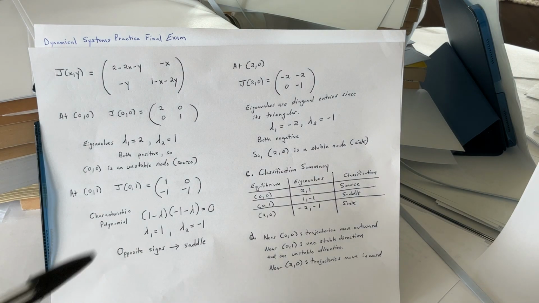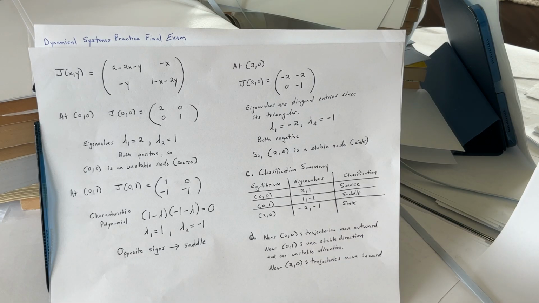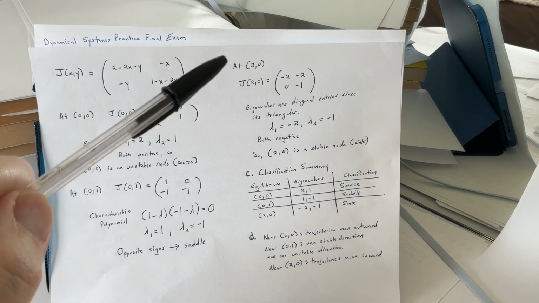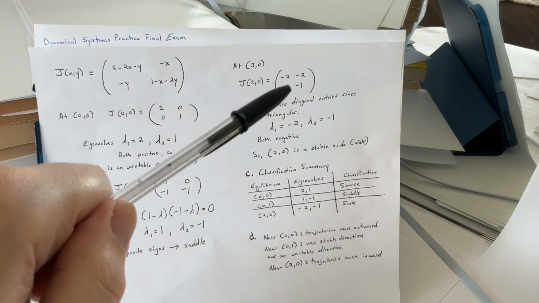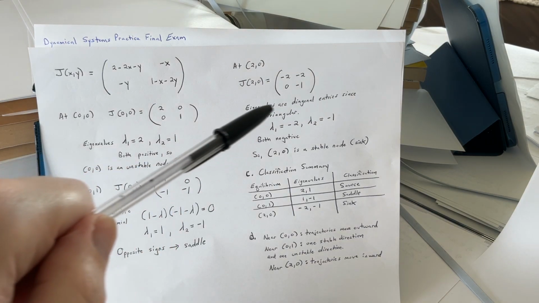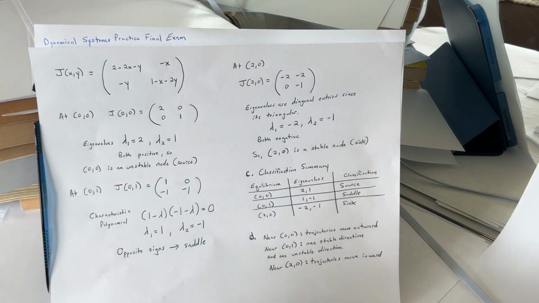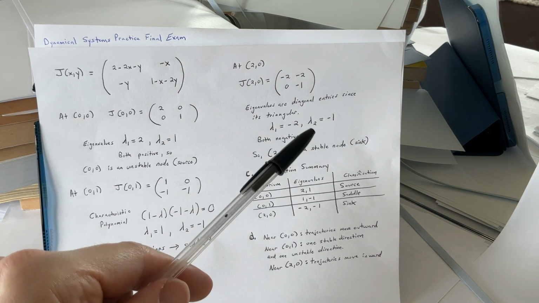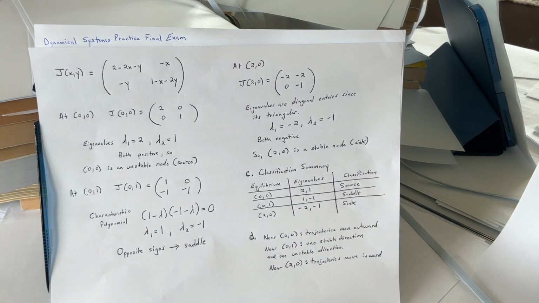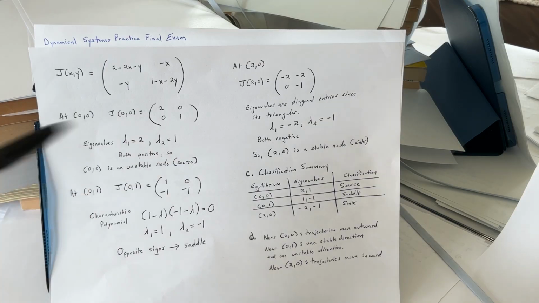They're opposite signs, in this case a saddle. And then the third point, (2, 0). The matrix is [-2, 0; 0, -1]. The eigenvalues here are the diagonal entries, since this is triangular. So lambda sub 1 is -2, lambda sub 2 is -1. Both of these are negative. So if both are negative at the point (2, 0), that's a stable node,